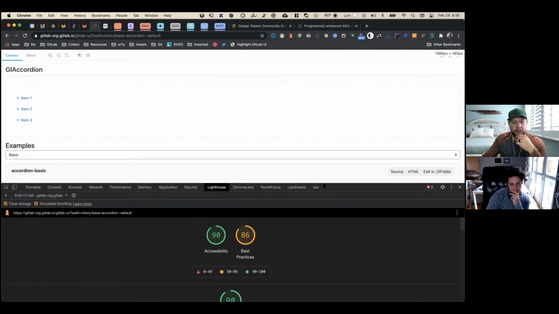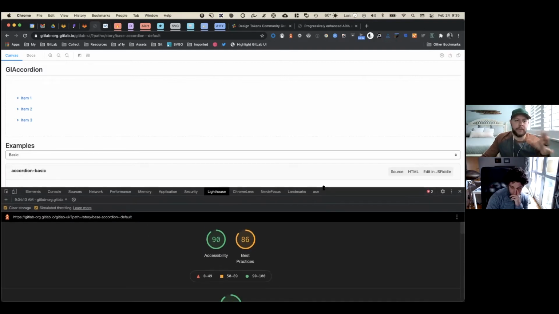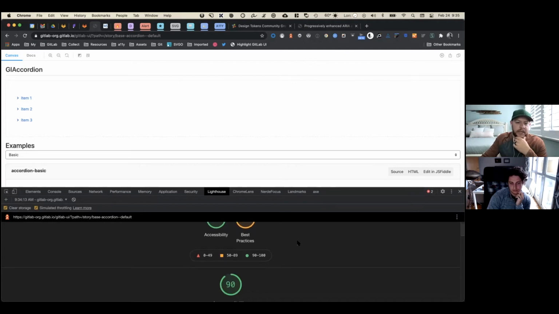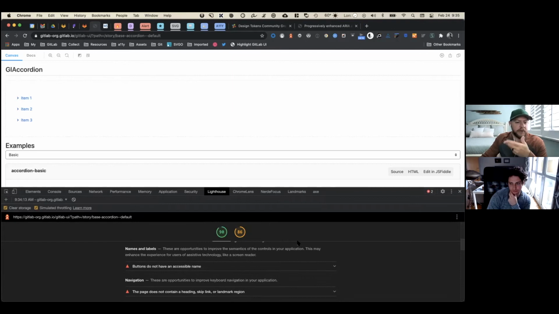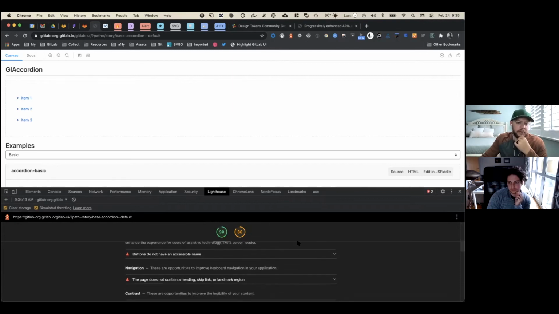As a general rule that I've followed, give or take 20% of tests can be automated for accessibility, but the other 80% is either manually validated or fully manual. And so because of that, I don't rely on any kind of automated test, but I do find that it can help uncover a few things faster that might not